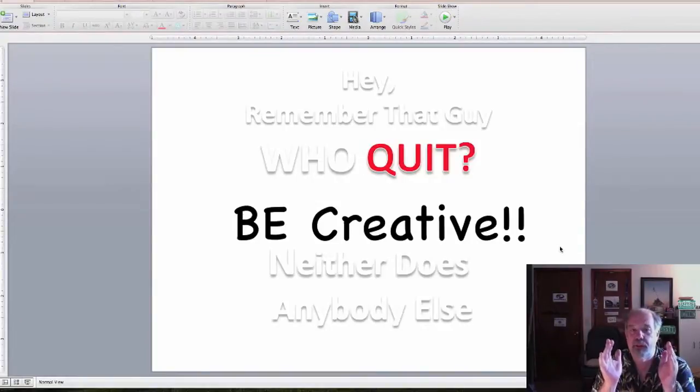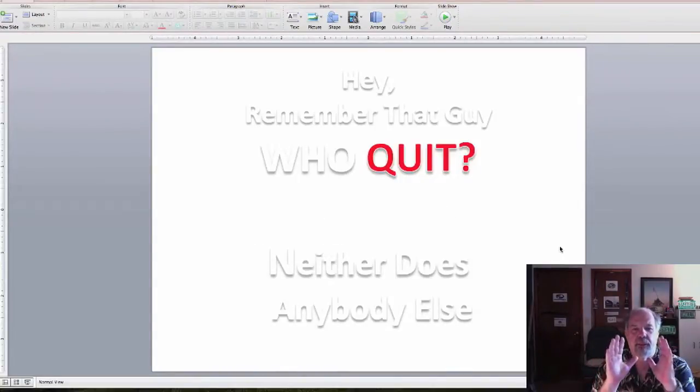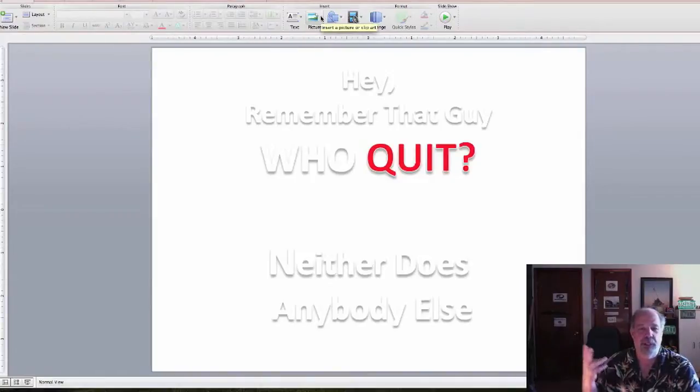Doesn't matter what it is, but just think about the end result. Keep that in mind. And then on top of the picture, you're going to be placing some script, some text that you're going to make up. So in this particular case, I'm going to build a page, and it's going to say, hey, remember that guy who quit? Well, neither does anybody else. I just absolutely loved it. I saw somebody had something. It was actually just a picture, and I just expanded on it, went to the next level, and created my own picture with the text a little bit different, and I made a capture page out of it. So what I'm going to do is I'm going to grab a picture